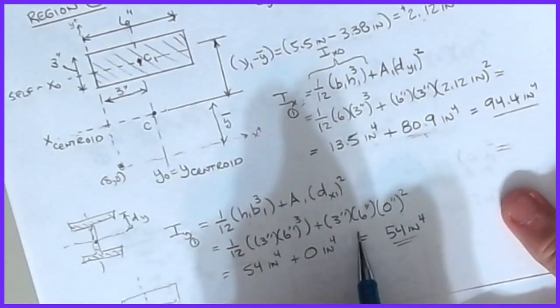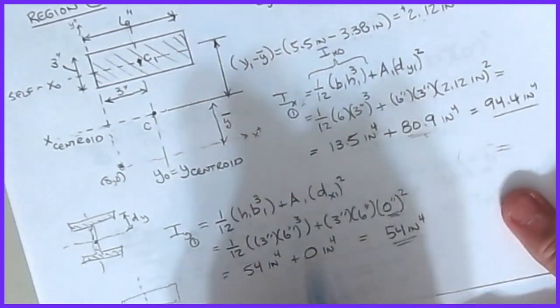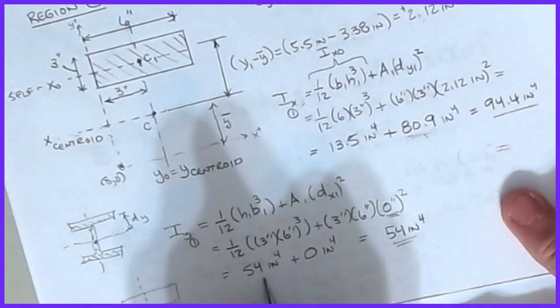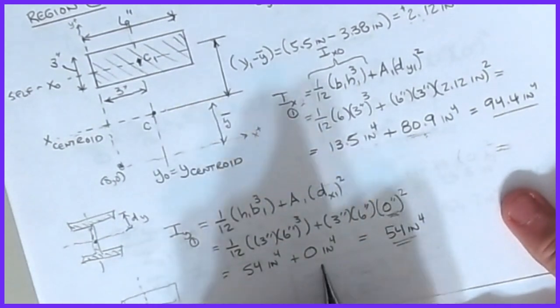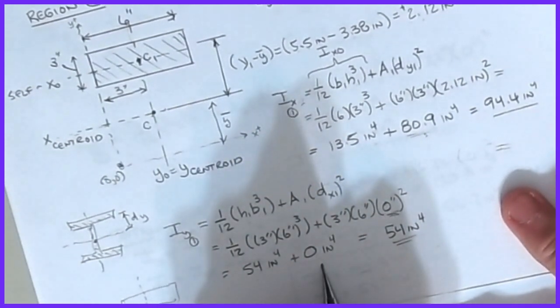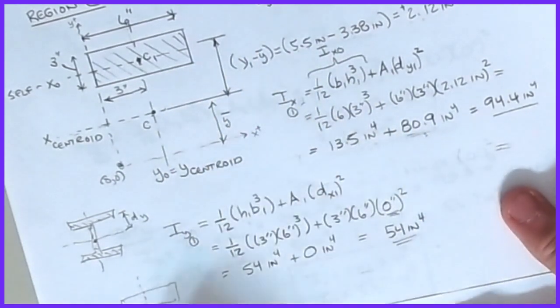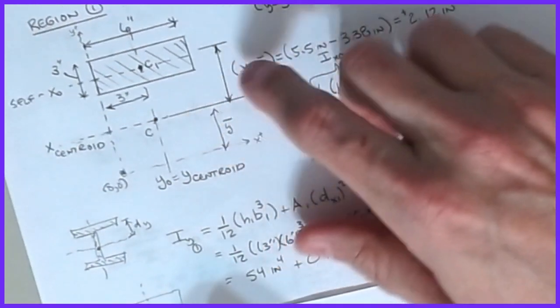And so I can plug in, do all the math. Notice that I get a 0 here because it was the same axis. And so that centroidal amount was 54, and then the parallel axis contributed nothing because the axes were the same. And so the total was 54 inches to the 4th. So that's the contribution of the top part of this beam. And then all we do is we go and we repeat the process